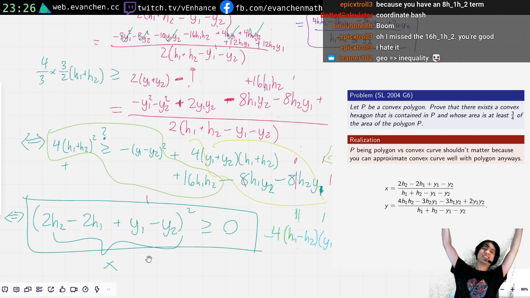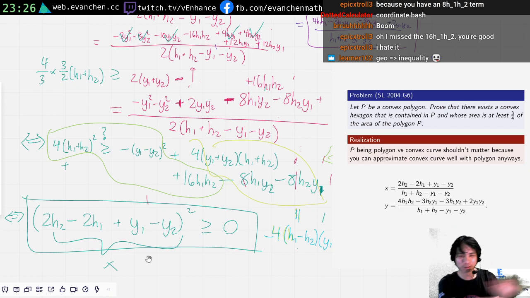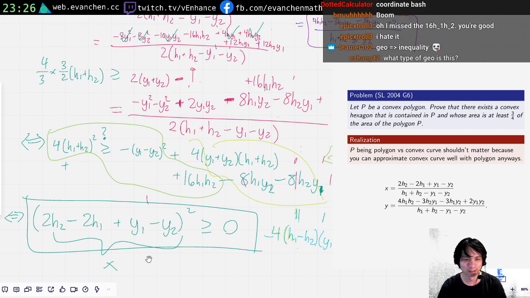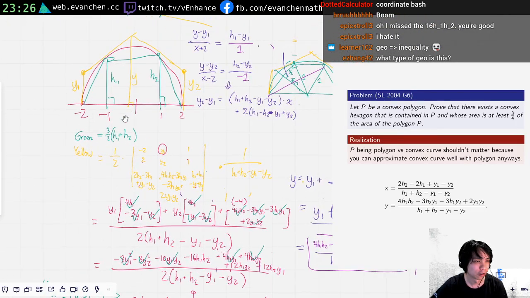Oh, I hate Cartesian. This is why, when someone was asking on the thread how do I learn Cartesian coordinates, I'm like, just learn complex Berry first, because those are the ones where when you practice, you can actually get any mileage, right? If you practice Cartesian bashing, first of all, when there's a problem that you're supposed to use Cartesian on, it will be clear because it looks like this. Second of all,